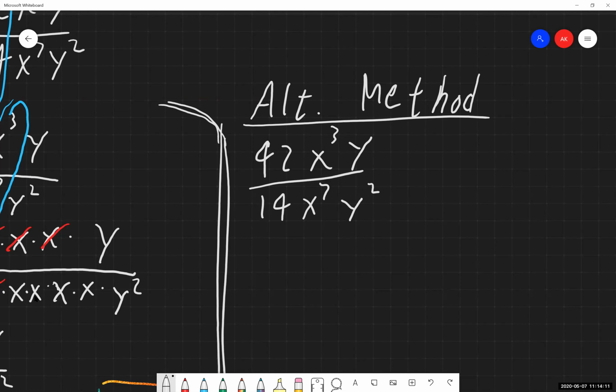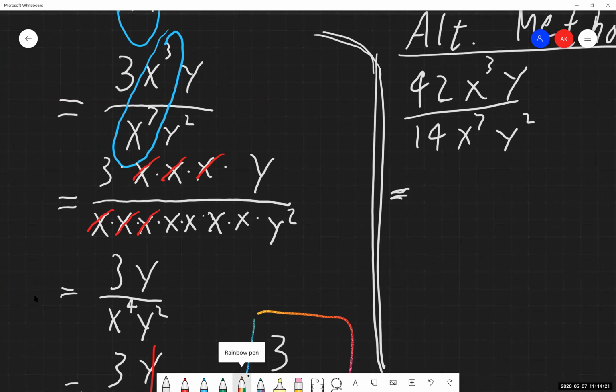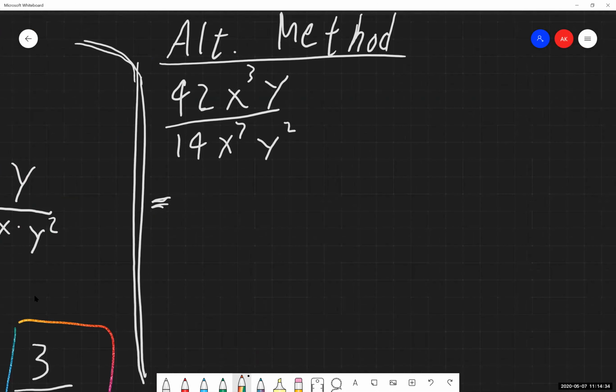If you're going through this problem and you say, okay, well, I'm just going to work with these, I don't want to write everything out in expanded form, that's fine. And for the record, our expanded form is what we have right here in this line, where we've expanded out x cubed and x to the 7th into everything multiplying out. That's fine as well. So let's say I don't really want to do that. I just want to work with each of these things individually and not expand them out. Okay, that's fine.